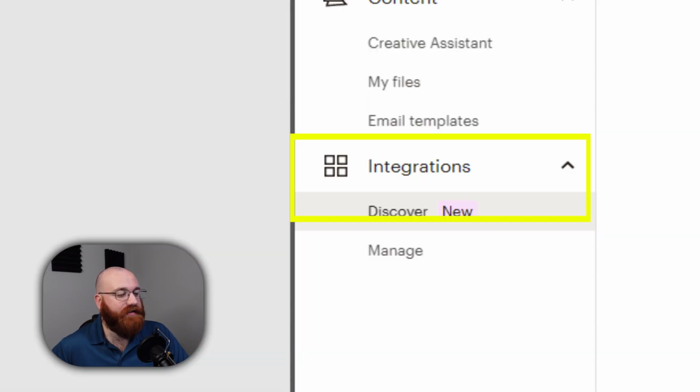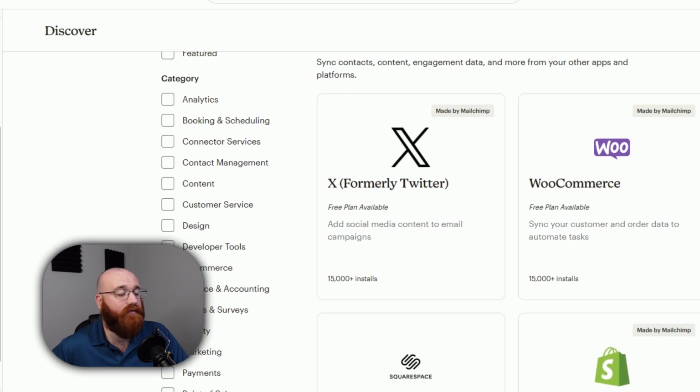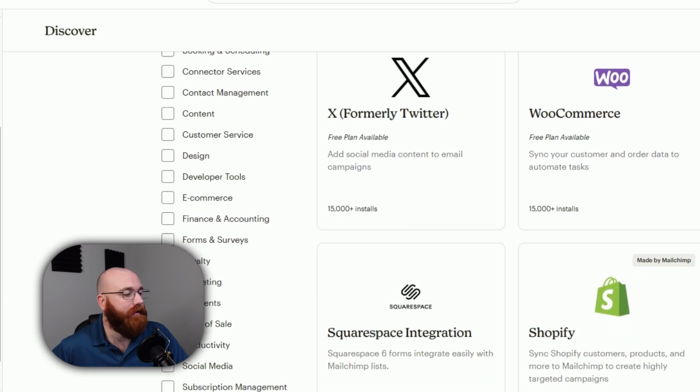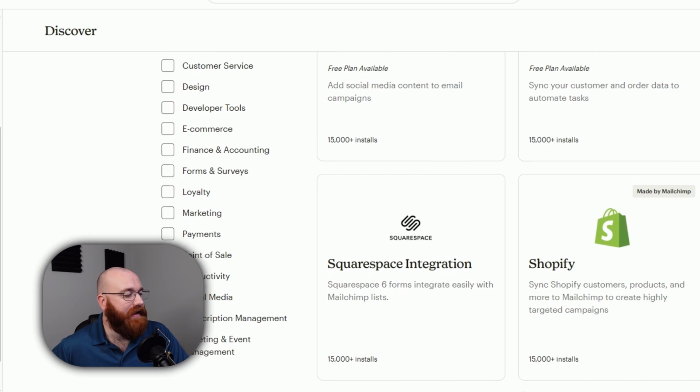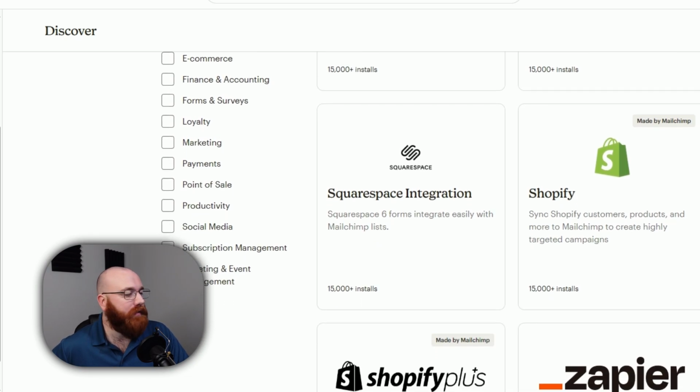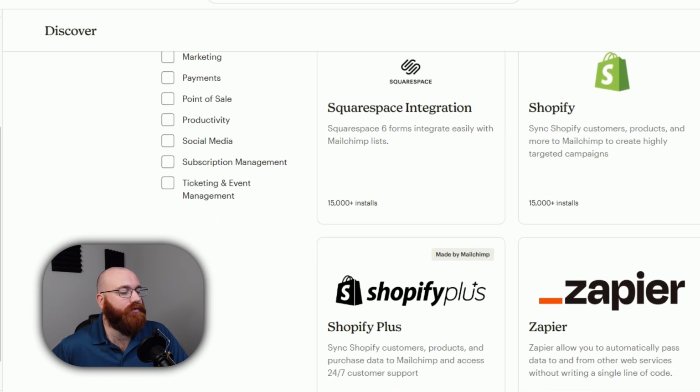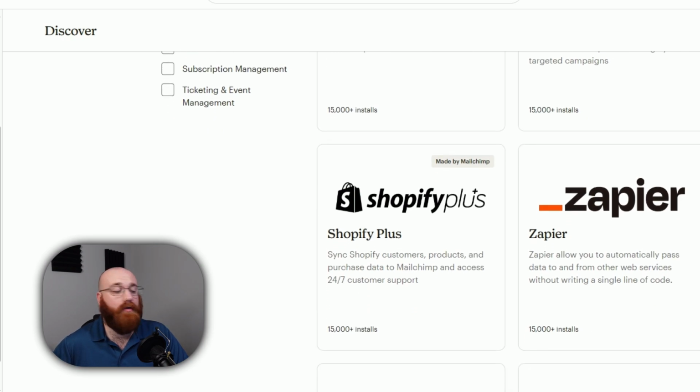Finally, the integration section is where you'll connect Mailchimp with other tools such as e-commerce platforms, CRMs, and more. This section is all about syncing data and enhancing your marketing capabilities as a whole. By connecting Mailchimp with other tools, you can streamline your workflow and make it easier to reach your audience across multiple channels. Now that you're familiar with the Mailchimp interface, let me show you how you can create a landing